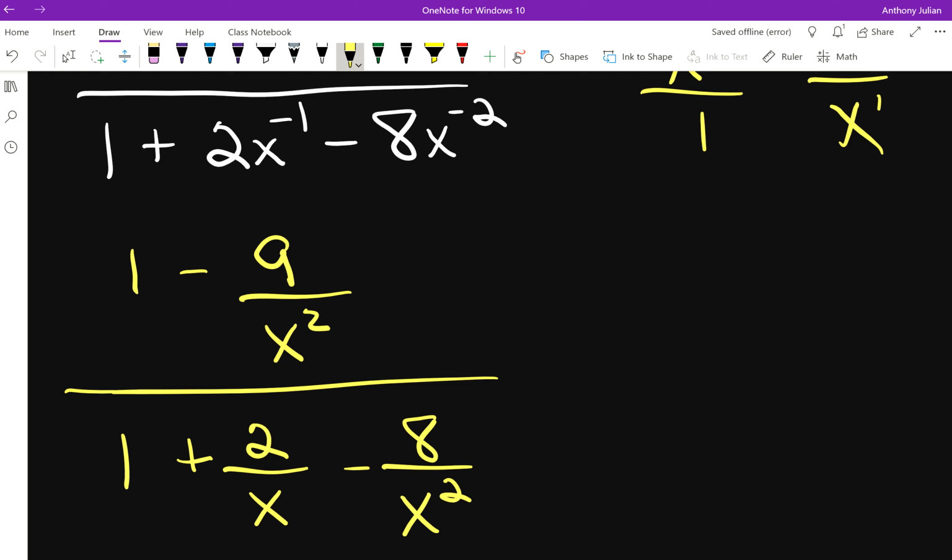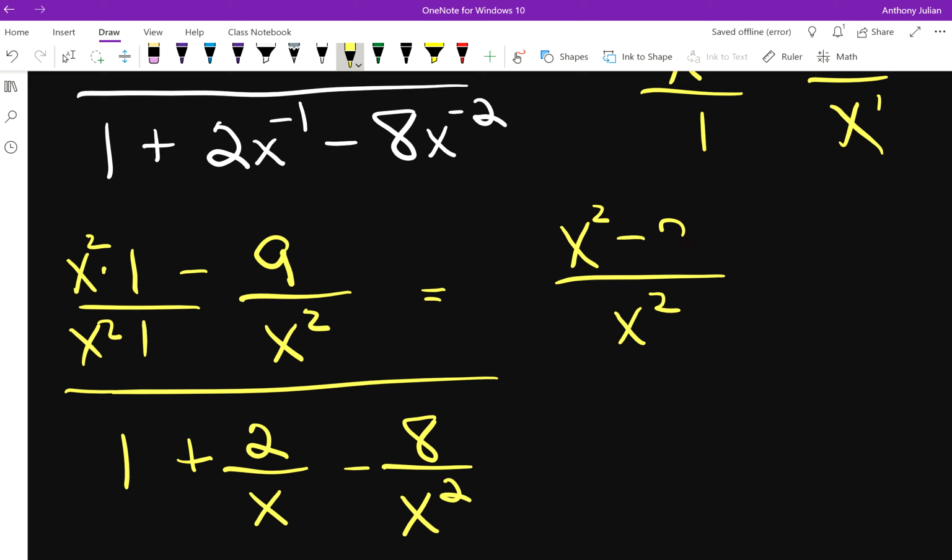Not 5, it was 4. A similar problem. Let's get our denominators to be the same. So it's really 1 over 1. So I'm going to multiply top and bottom by x squared. And my denominators, we know what it is. So it's going to be x squared in the denominator, just bringing it over. And then I've got x squared times 1 is x squared